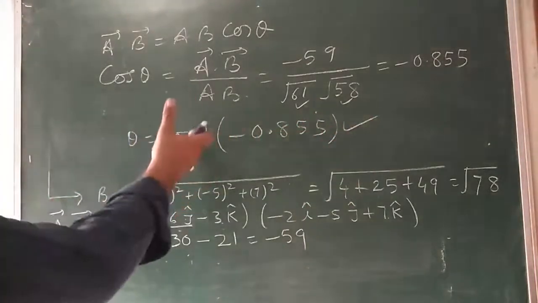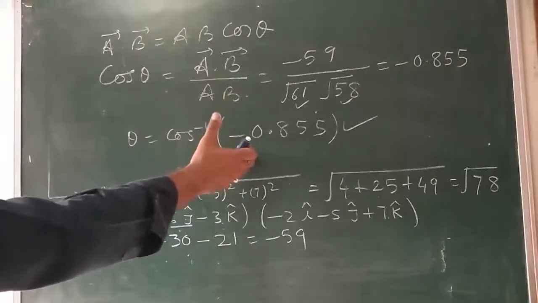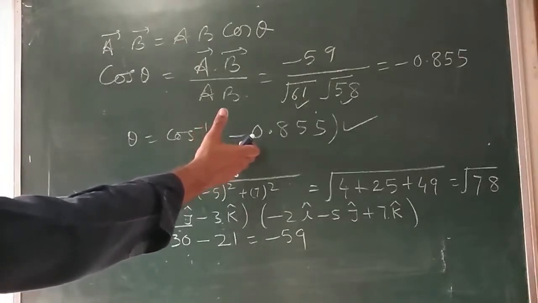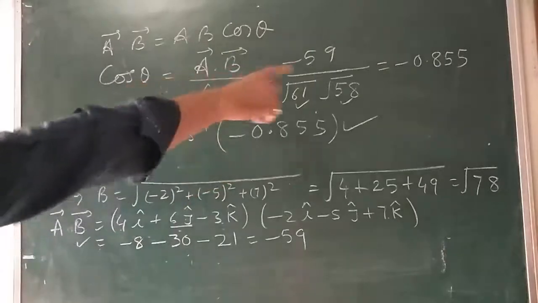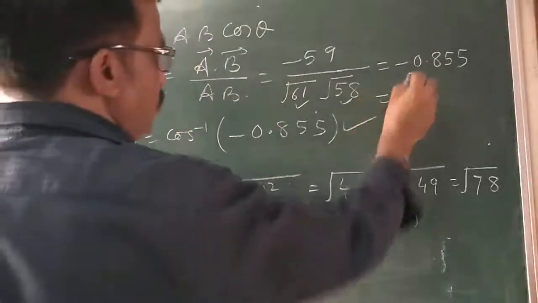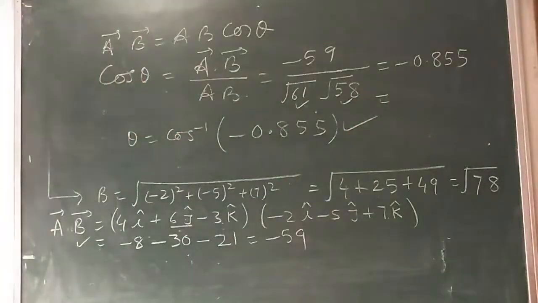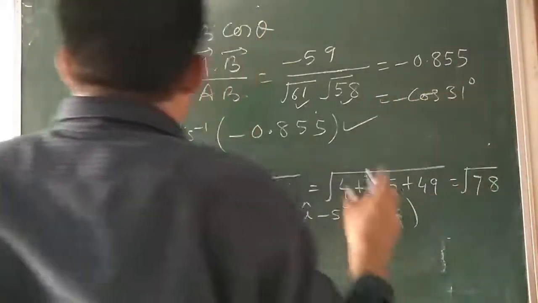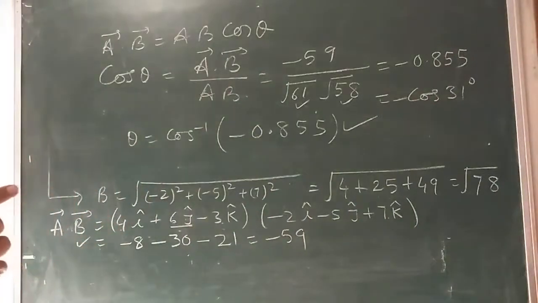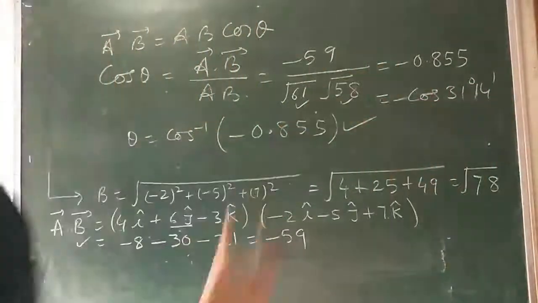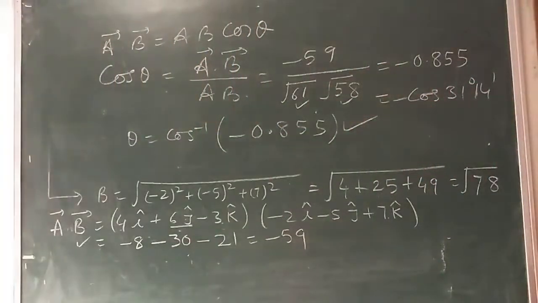You can use the cos table and find it out. Because here is a minus sign, you can subtract it from 180. 180 minus the value you see in the table for 0.855. That is equal to around, once you go through the cos table and see that, minus cos of 31 degree, near about 31 degrees and 14 minutes. This is the value that comes in the cos table. Then you also write this. Okay? Write down.